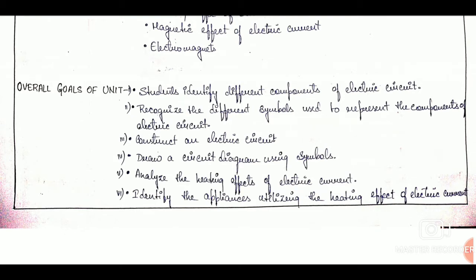Actually, these are the things that are expected for the students to do at the completion of the unit. But for that, we cannot write it in future tense. We will always have to write unit plan, overall goals, or the learning objectives of lesson plan in present tense. It is always written in present tense, never use future tense. But the action verbs here like identify, recognize, construct, draw, all these are taken from Bloom's taxonomy.